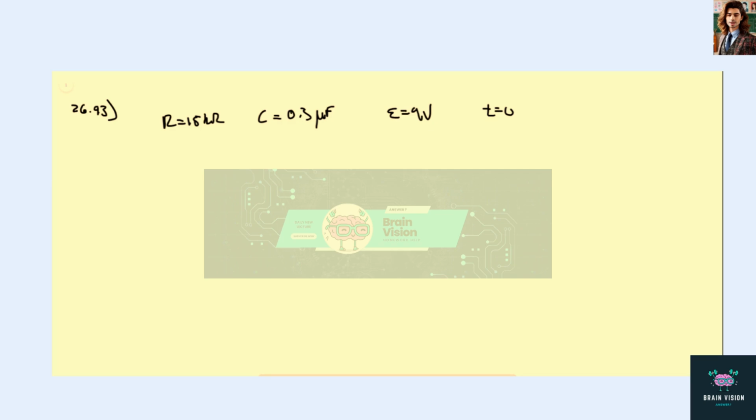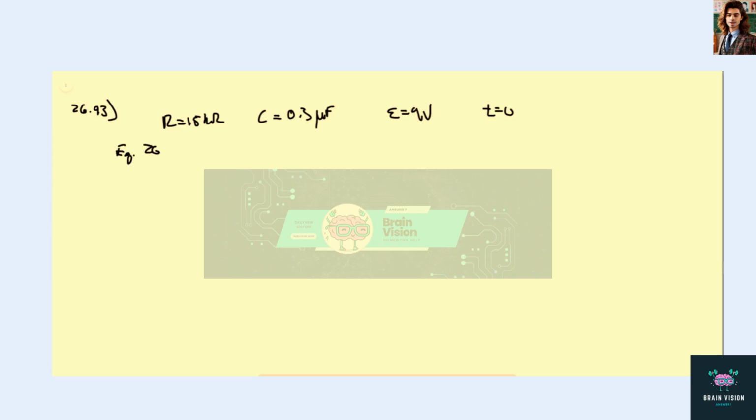And it wants to do it at 0.1 millisecond intervals for graphing capabilities. Make graphs showing how the charge Q and I change with time. From the graphs, find the time at which the charge